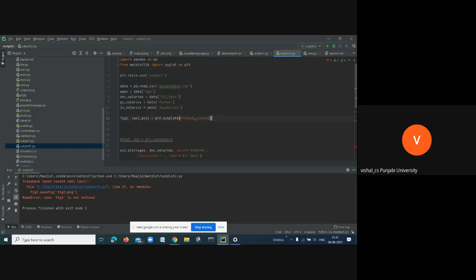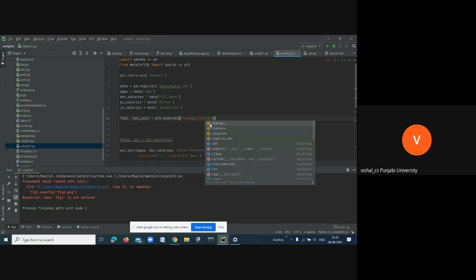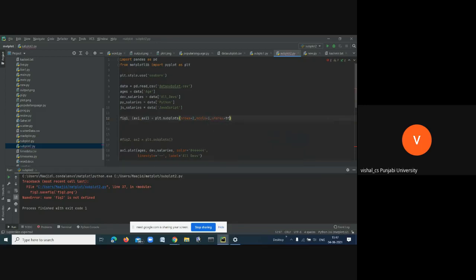See, first I have to pass the arguments, that is the number of rows and number of columns. Second, I have to share: suppose I have sharex equal to True. See what this will do, and after that we will do the assignment I have given. Second is sharey, that is also equal to True. You have to keep it here and see what will happen.